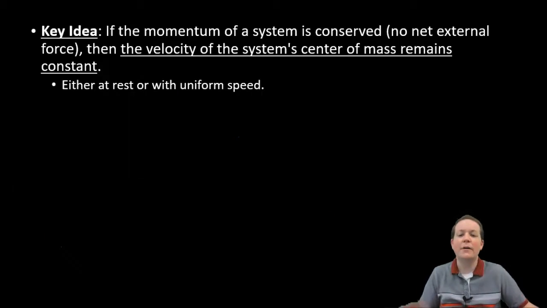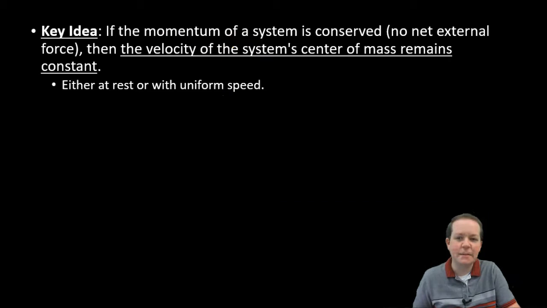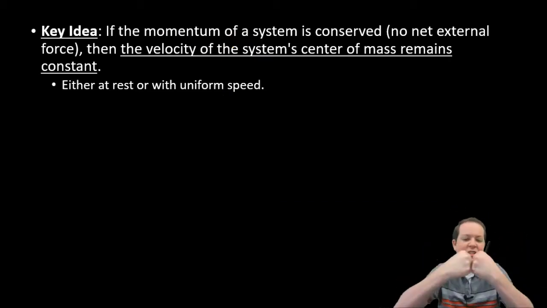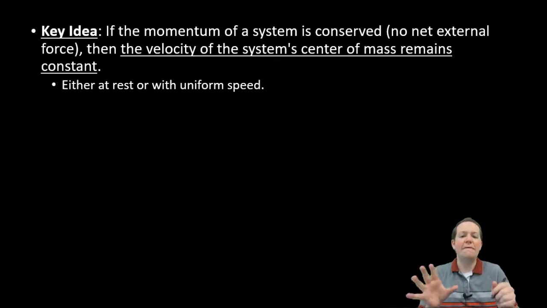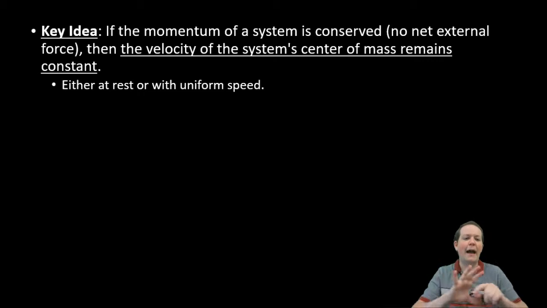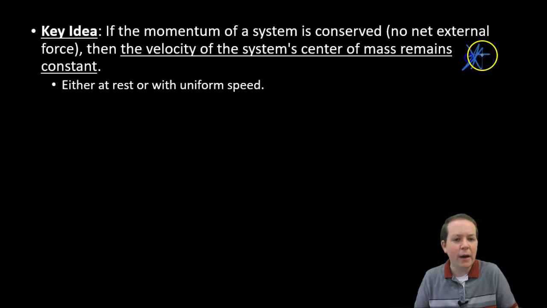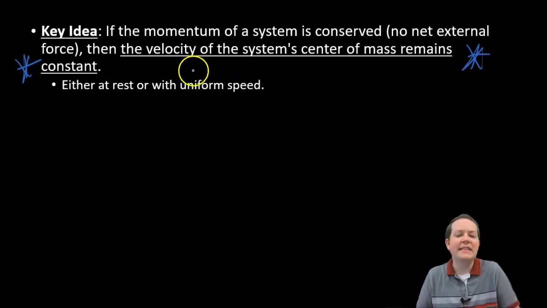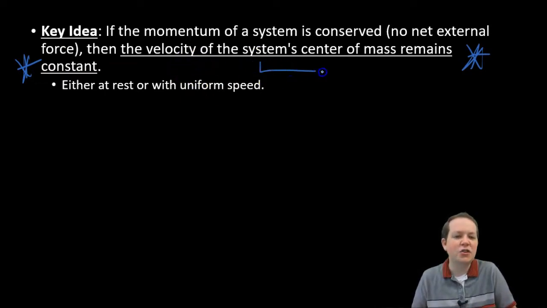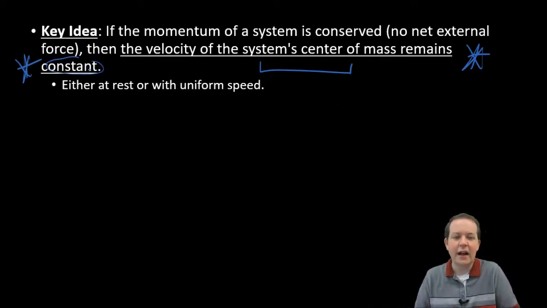All right. Now, here's our key idea and why this relates to momentum and conservation of momentum. If the momentum of a system is conserved, remember, we had a lot of collisions in the last video and the last few homework assignments, if you're in my own class, if there are no outside forces outside of my system, what's the key takeaway? What do you need to know for the sake of the AP Physics 1 exam? It's that the velocity of the center of mass for that system remains constant. I'll say that again.